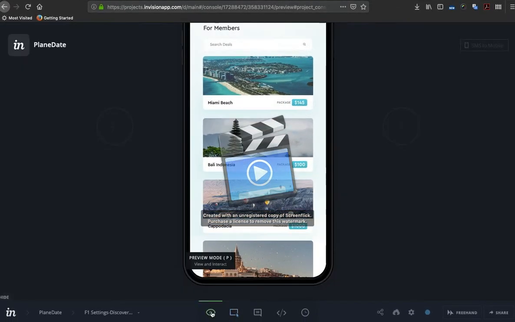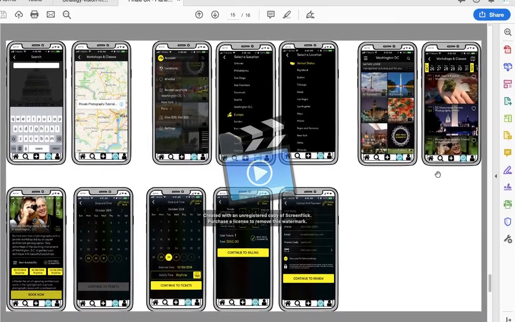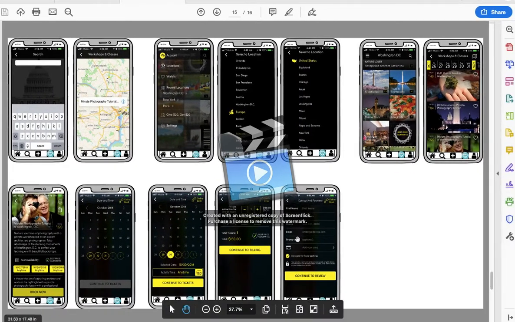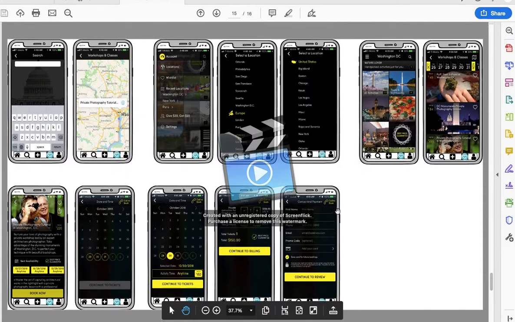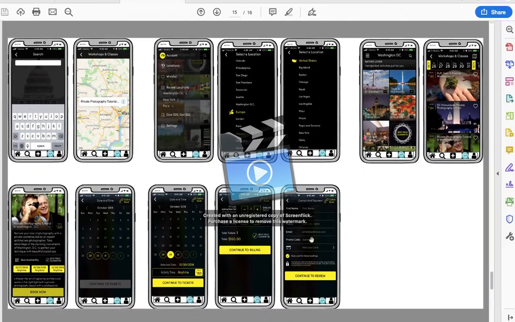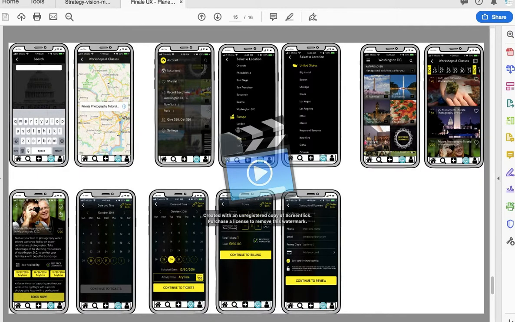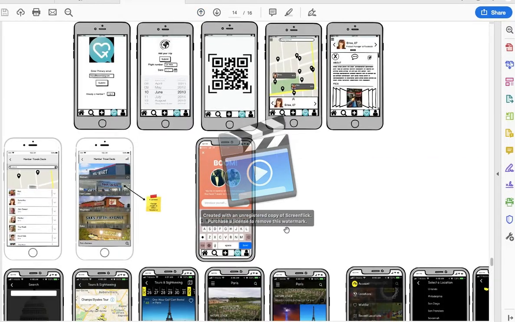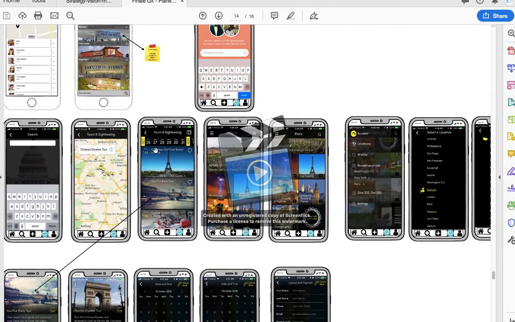I know we have a lot of screens here, but we may have to just refine and get that flow going well for the travel buddy. These are like activities that can be done when you travel, all in one screen. So so far everything is great.